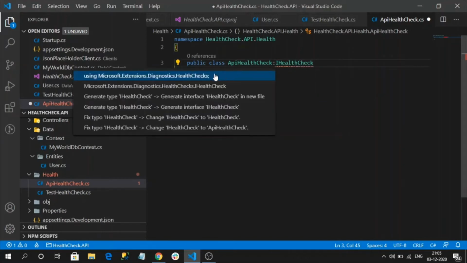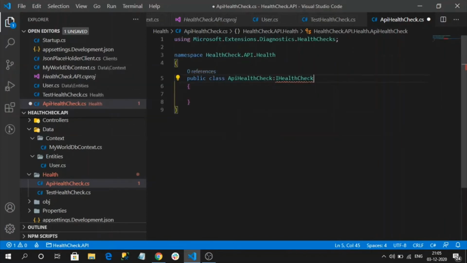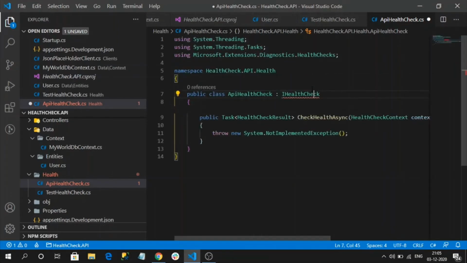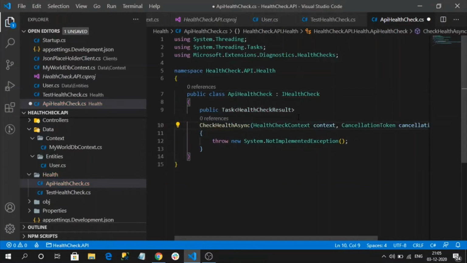So import this namespace. Now we need to implement one of the methods called CheckHealthAsync, which gets automatically invoked when the health check runs.